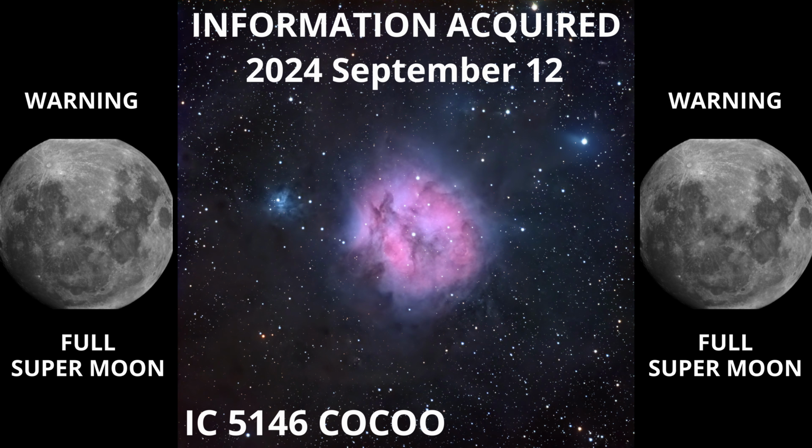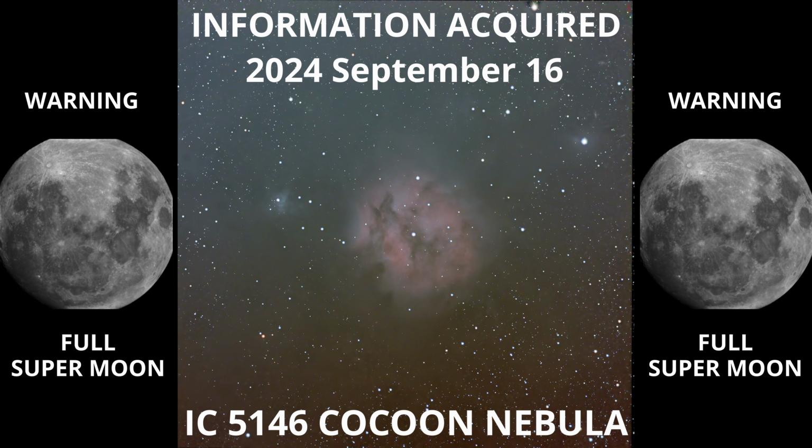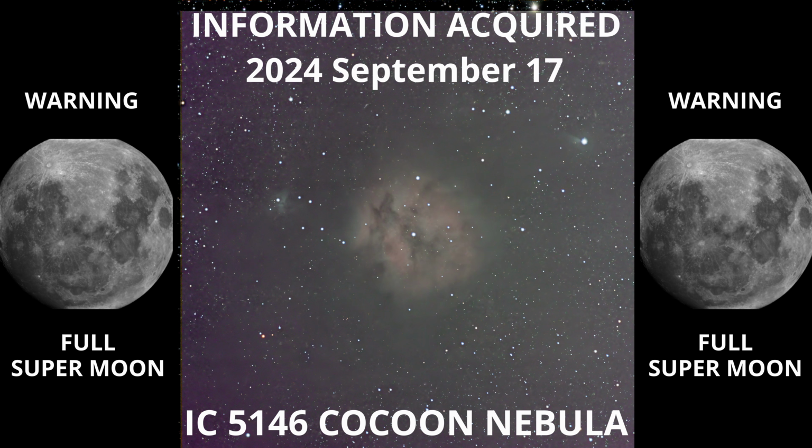This is IC5146, a small emission reflection nebula not too far from the much larger North America Nebula Complex. It is an intricate and colorful structure, but what you may find most interesting about this image is that all the information was acquired in 2024 on the night of September 12th, 16th, and 17th, and on the night of September 12th there was a 56% moon, and on the nights of the 16th and 17th there was a 91